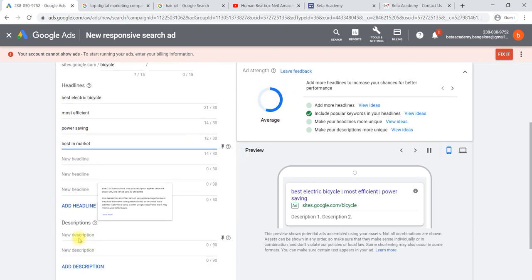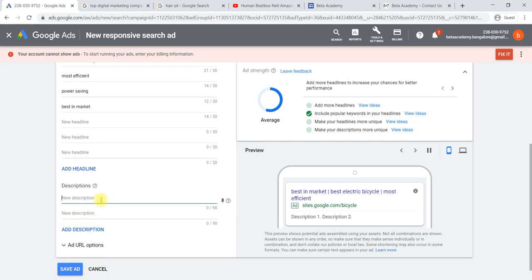And then it comes to the ad description. We can give descriptions like: we are manufacturer of best quality electric bicycle at lower cost in market.